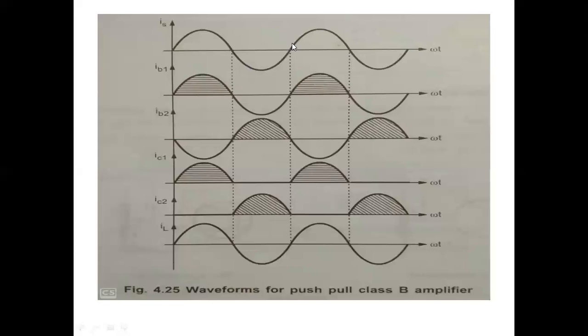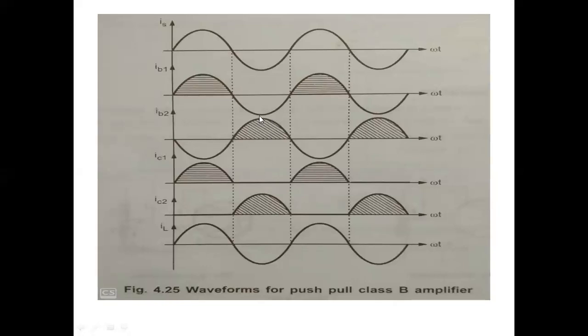Okay, and during the negative half cycle, the voltage at point A is negative. That is the negative half cycle. We have some negative half cycle at point A, and during that time, the voltage at point B will be shifted to positive. So we have some voltage at point B that is positive, and at point A we have some negative voltage. So in this condition, Q1 is off. Q1 is off means IC1 is 0. There is no current.